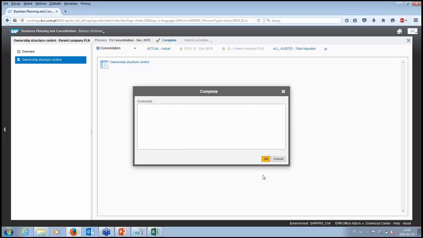This is the window where I can put some of my comments. This will help managerial staff to manage the process.